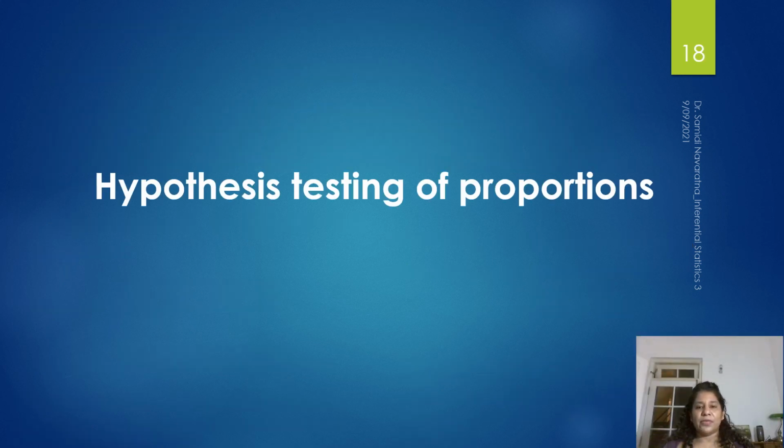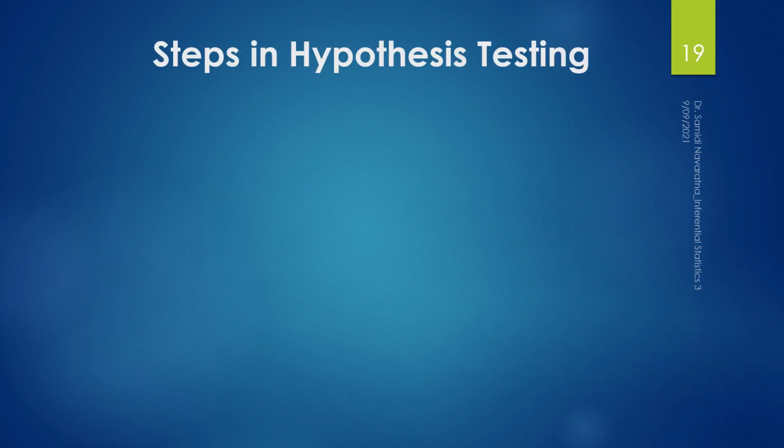Now that we have finished learning about construction of confidence intervals for proportions, let's move to the hypothesis testing for proportions. Steps followed in hypothesis testing of proportions are the same as the steps followed in hypothesis testing of means. If you can remember, we have already discussed these steps at the beginning of this lecture. However, it definitely won't be a waste of time if we go through it again in the context of hypothesis